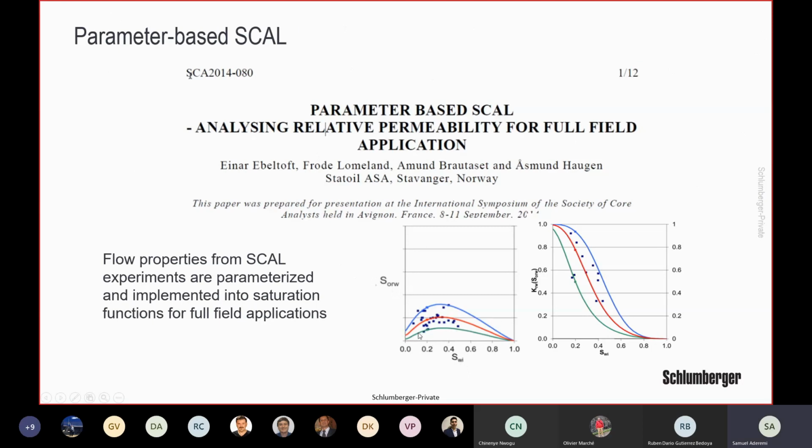SORW as a function of, we can see the trend, the relationship, and the same thing with KRW at SOR versus the SWI. You can see the trend that is there. So what they are trying to do is take the flow property from SCAL experiments, parameterize that, then